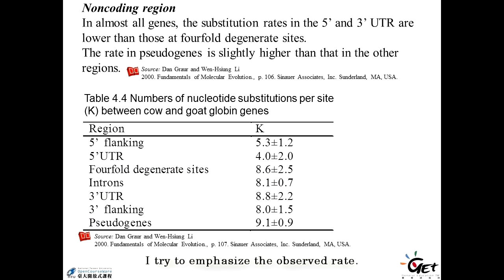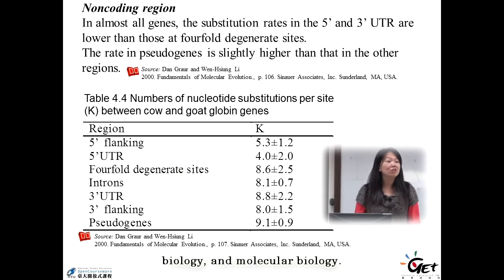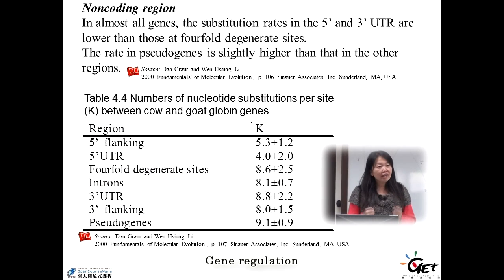I try to emphasize the observed rate, right? These rates can be detected by us, and those are the ones that survived all the random process, population fluctuation, and natural selection. And you also learned that from your genetics, biology, and molecular biology. Gene regulation